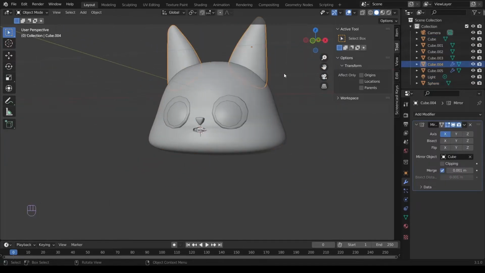Now switch to back view and let's create a tail. For this we're going to use a type of object that doesn't come enabled on Blender by default, but which can be easily activated, and I'm going to quickly show you how to do it since we're going to use it quite a bit during this tutorial.